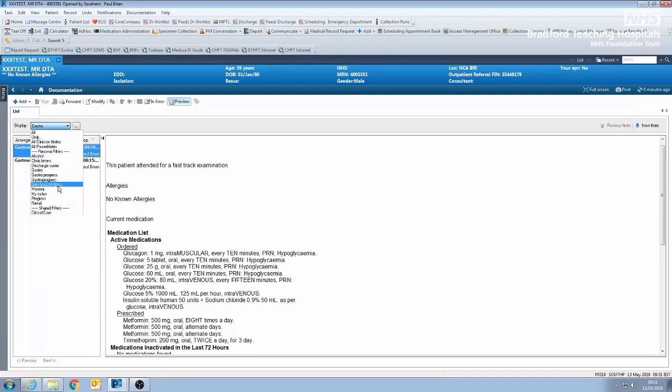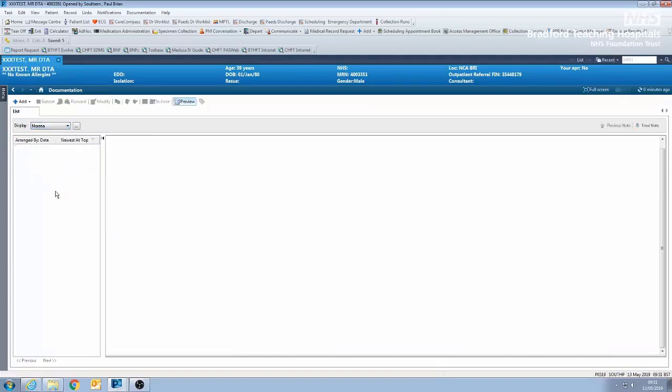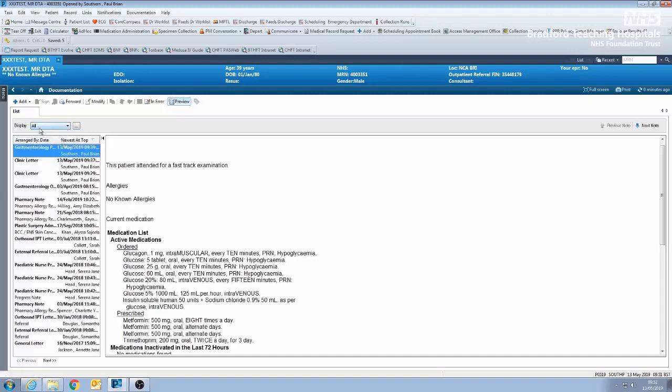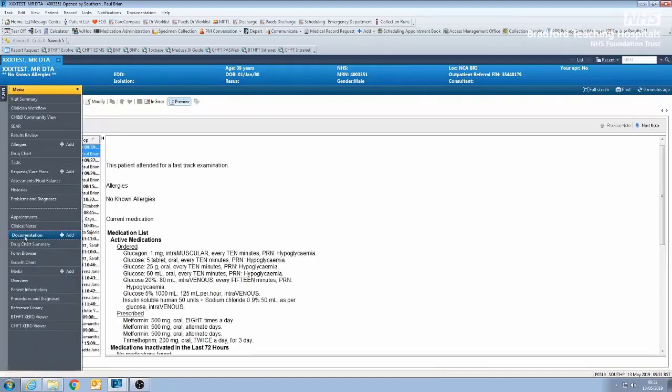I can also look and see general surgical progress notes, because I often see consults on general surgical wards, or indeed my own personal notes, or those that have been authored by my clinical colleague Sulman Maria, by clicking there. So this is obviously very powerful, but how do you do this? If you go into documentation